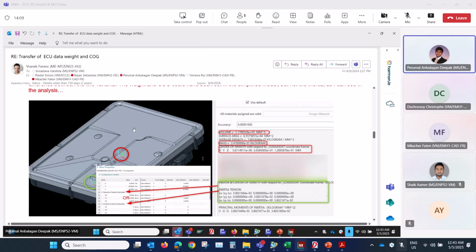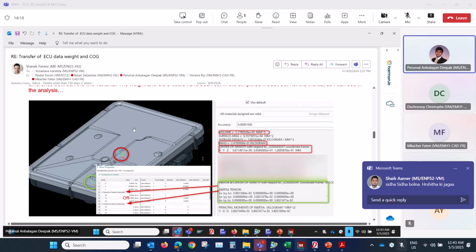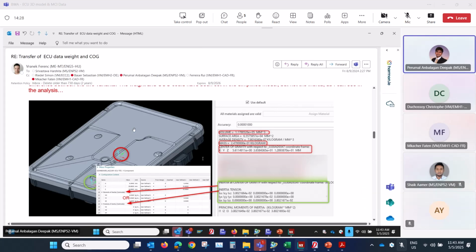I mean, a product of inertia equivalent to 0 is a little fishy, also in my point of view. So we'll proceed in this way. I will also inform this in our regular face-to-face meeting with Sebastian and arrange a meeting with this Fenric and also some of the people involved in this ECU team, so that we can investigate this and get